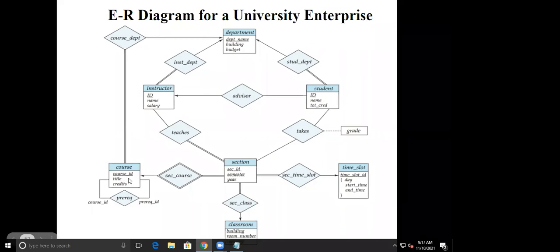Then courses, that is subjects, belong to a department and are taught by the instructor. Wherever these are taught, there is a section covering the time slot, timetable, etc. So this is a minimum level of a university enterprise. You can have a look.